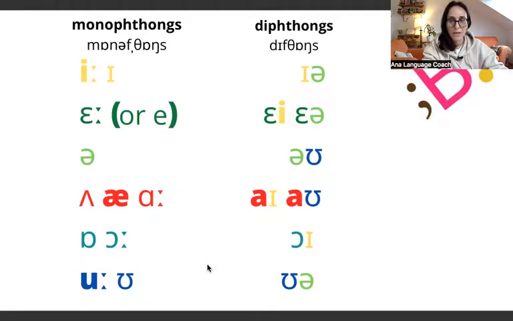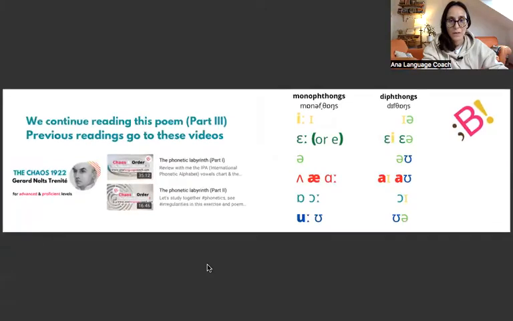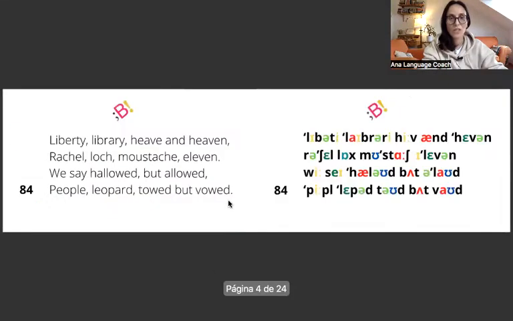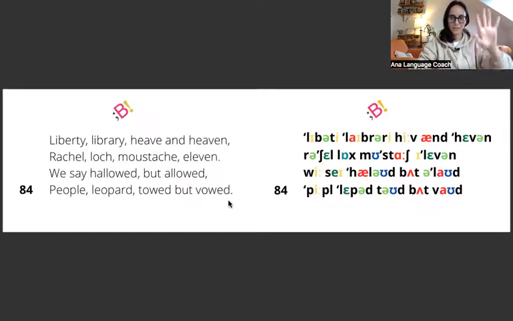We read the first few pages of the poem in the first and second videos, so let's continue with these lines. I'm going to place the poem, the paragraph with the lines or the verse, and beside it you can see the phonetic transcription. This is an exercise that I have to say is very useful for those like me